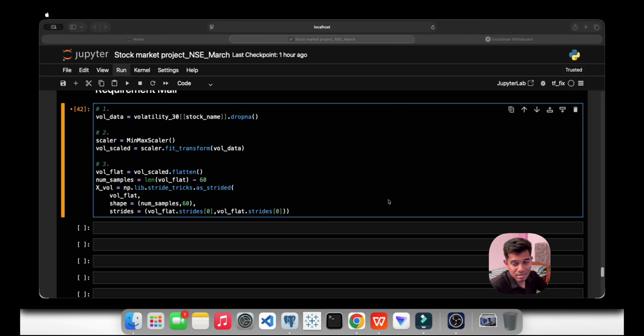And in this we will get output in 4 variables. Why 4 variables? You can see here: x train, x test, y train and y test. 4 variables are there. So x train, what will it do? It will take 80% of the sequence for training. X test, what will it do? It will take 20% of the sequence for testing. Y train, what will it do? 80% training for the targets of training and 20% target of testing. See, okay, simple as it is.